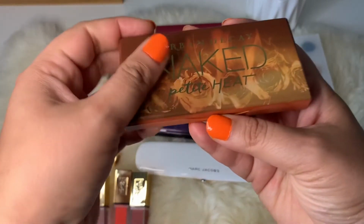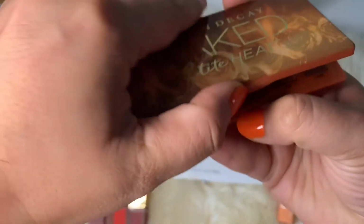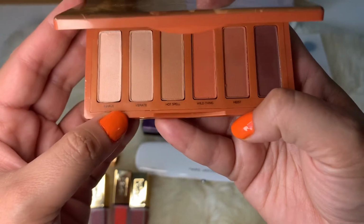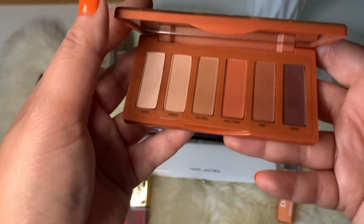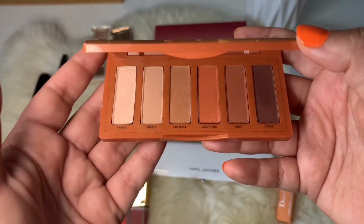Then I got this Naked Petite Heat, and this one I got because it was at a ridiculous price, and I didn't have too many warm colors, and these are all matte shades. I thought this would be great for work. I don't have a mini size palette from Urban Decay, and their shadows are really great and they're just perfect